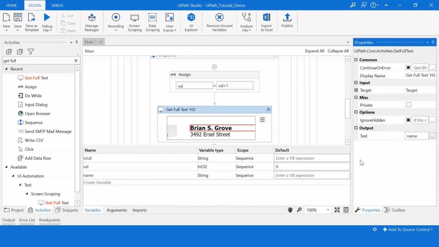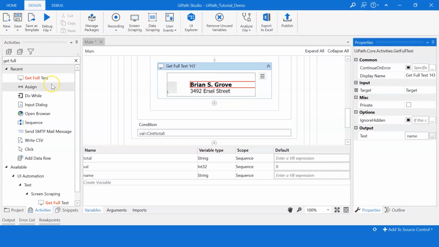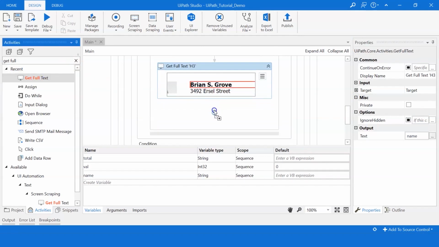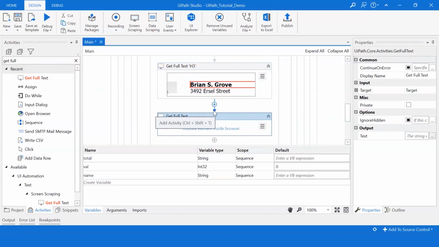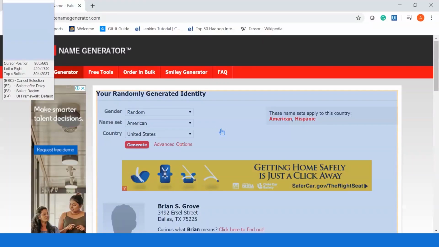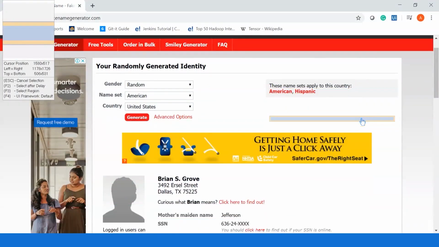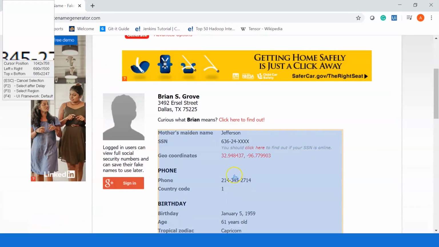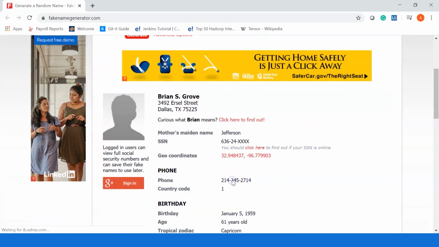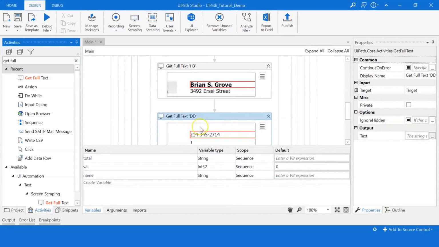Next, I want to fetch the phone number of the person. So I'll again select GetFullText and I'll drag it here. I'll click on Indicate Element Inside Browser. So I'll scroll down and I'll select the phone number of the person.